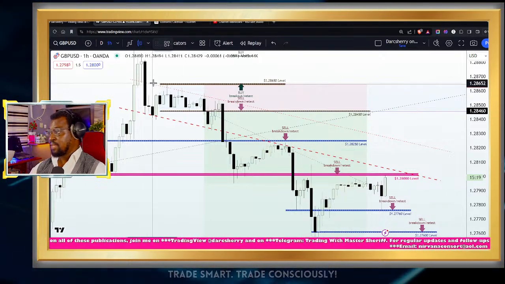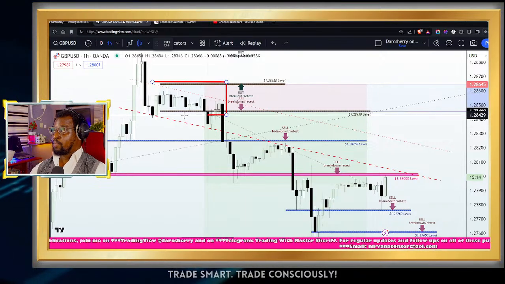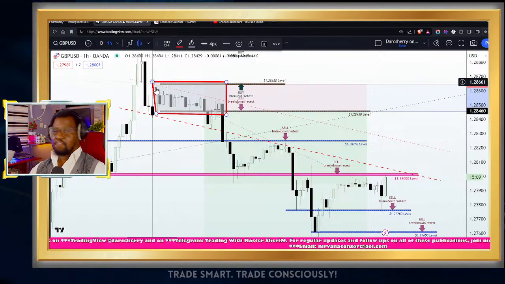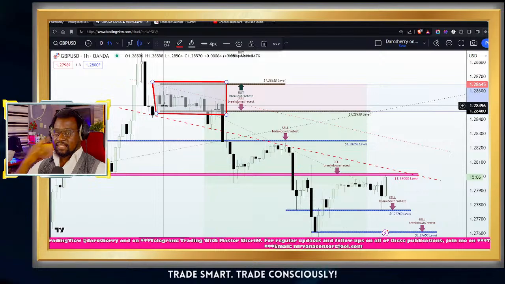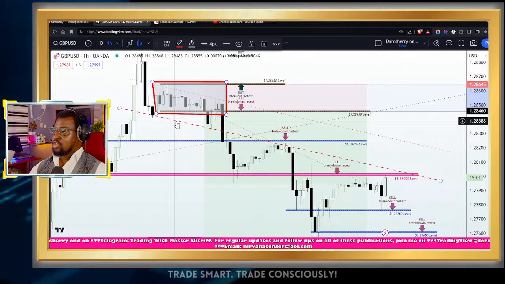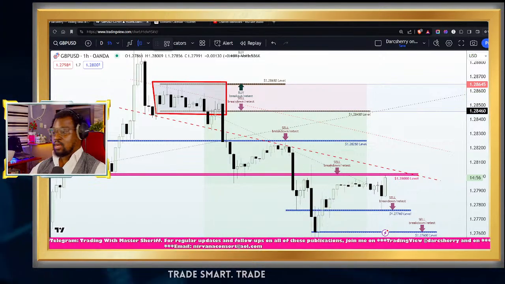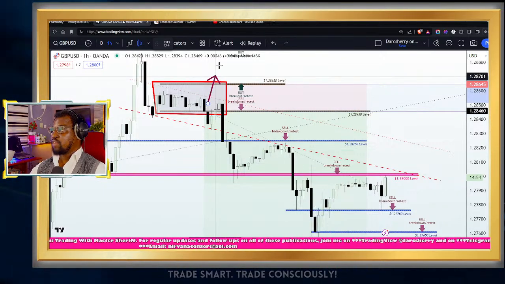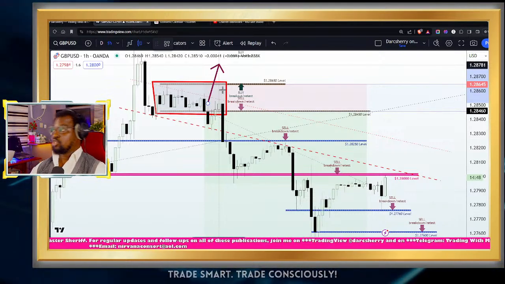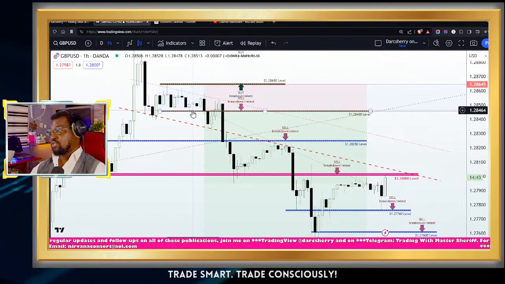So at the beginning of the week, we identified a range where price was confined within the 1.28650 level and the 1.28450 area to give us an insight into the prevailing uncertainty at that particular point in time. And you know how we use our range bound structure. Whenever we identify them on the chart, we exercise patience and wait for price to either break out of the resistance line to give us an opportunity to buy, or break down the support line to give us an opportunity to sell. And of course, as you will see,